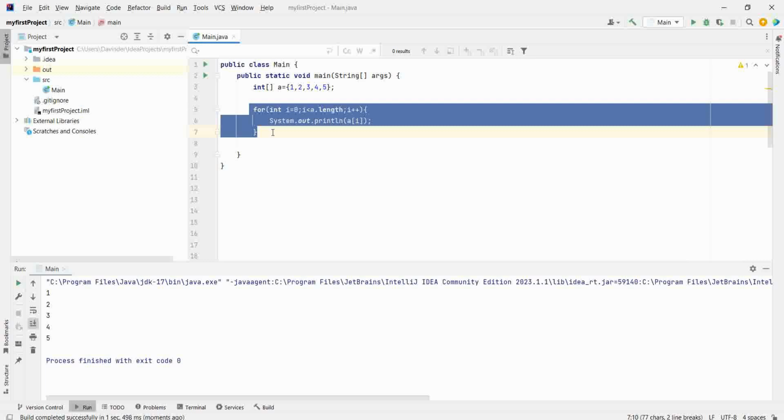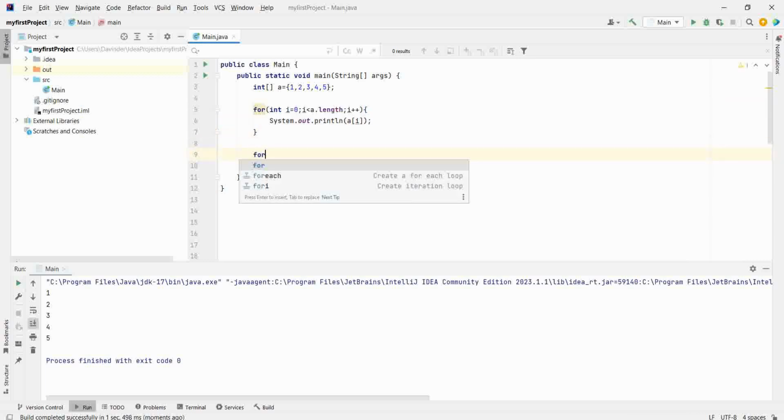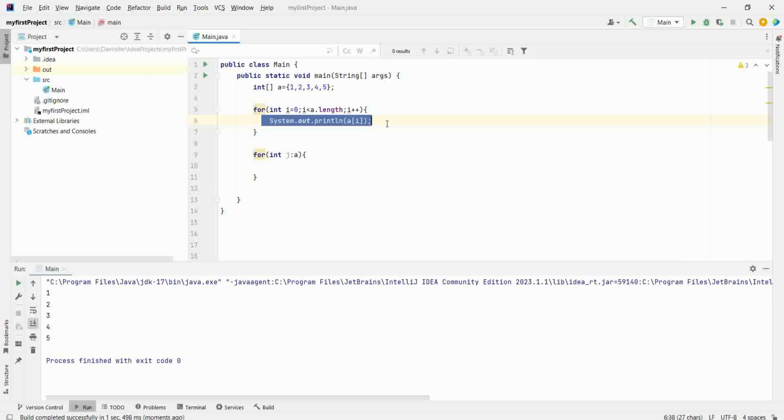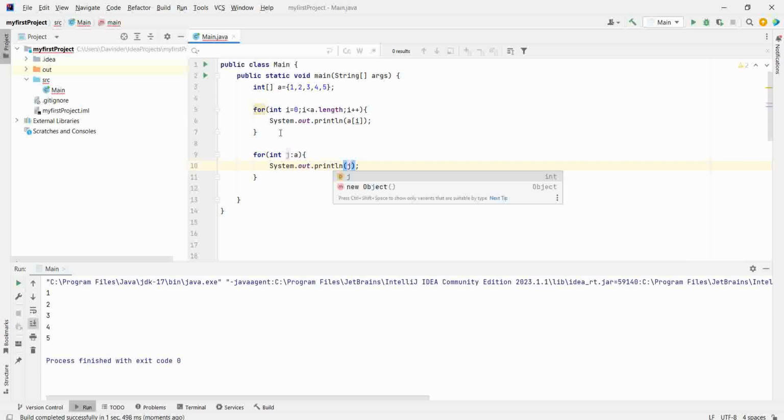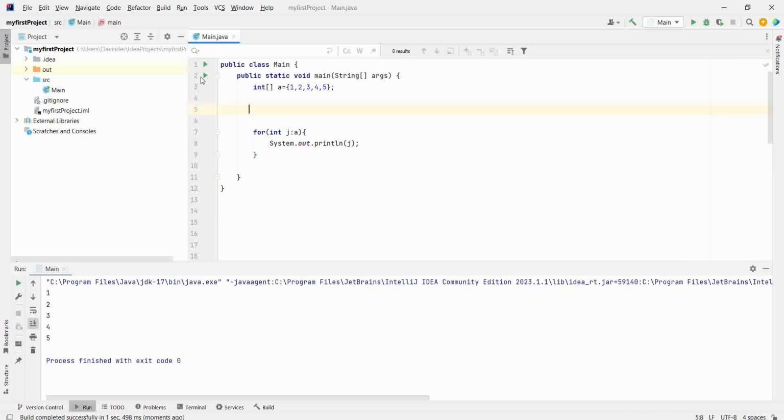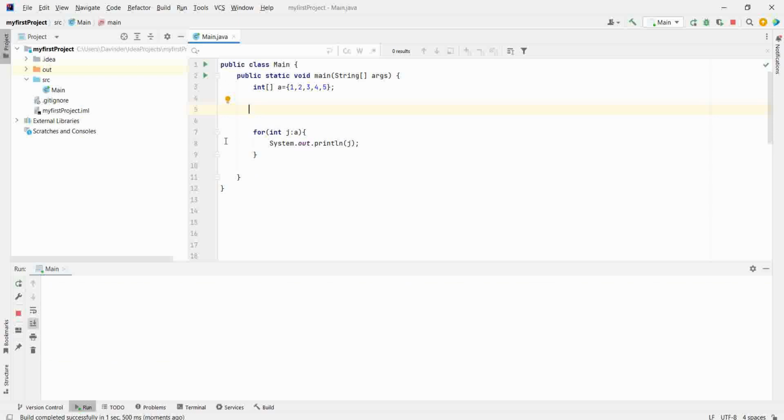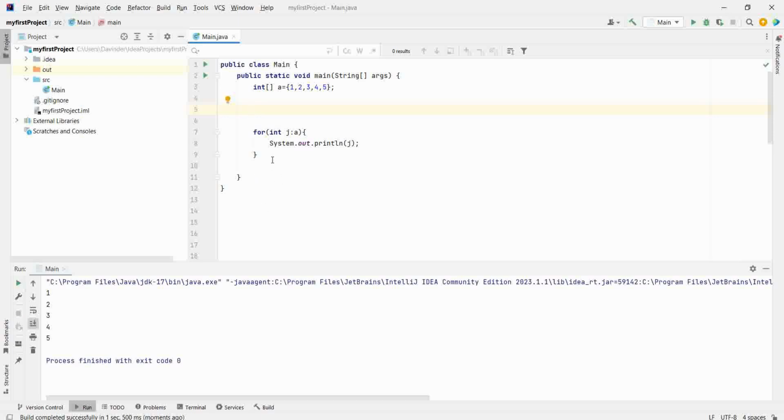Similarly, the replacement of the for loop is the for each loop, where I want to save in variable j everything in a one by one, which means when a is 0, it will save a of 0 in j. When a is 1, it will save a of 1 in j. Now I will print j in this case. Exactly the same.